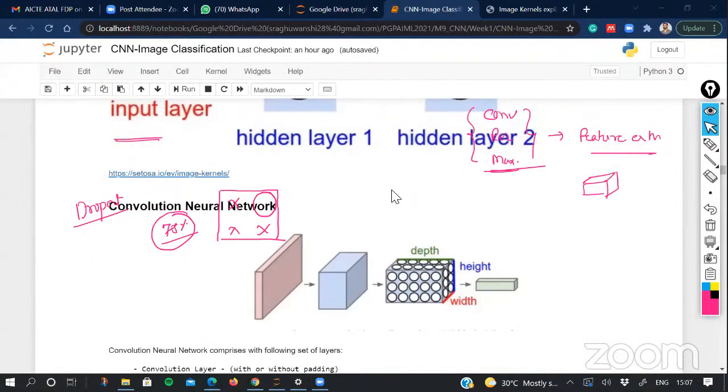Here, this depth is basically going to represent the number of features. And here you can put a flattened layer, which can convert this volume into a vector, which can be fed into a fully connected layer for the classification.